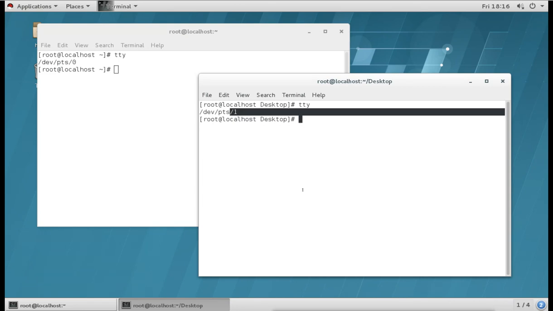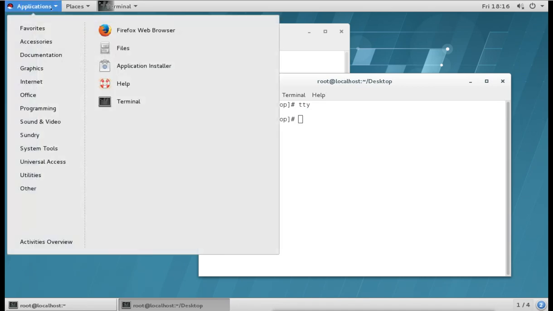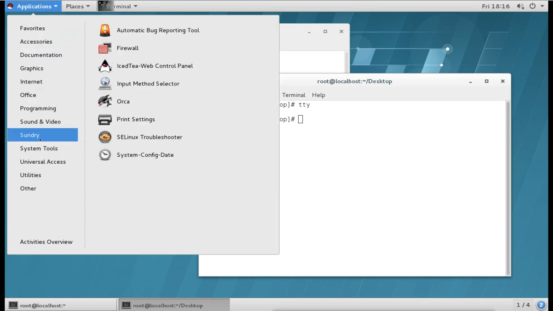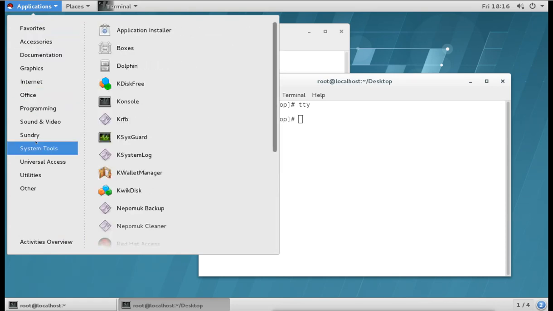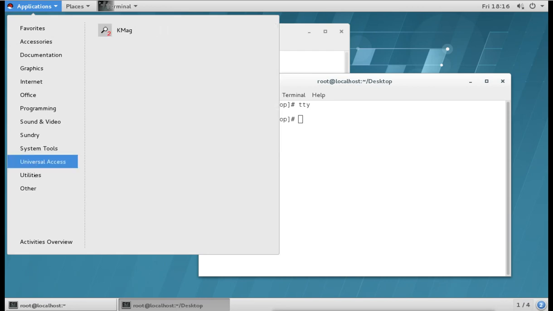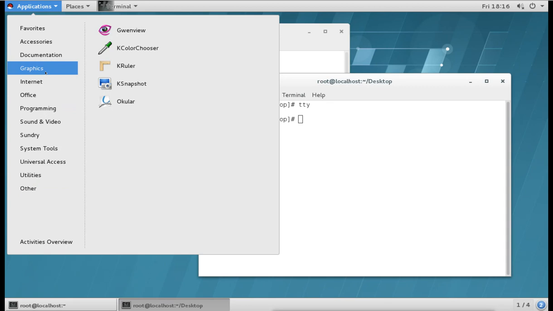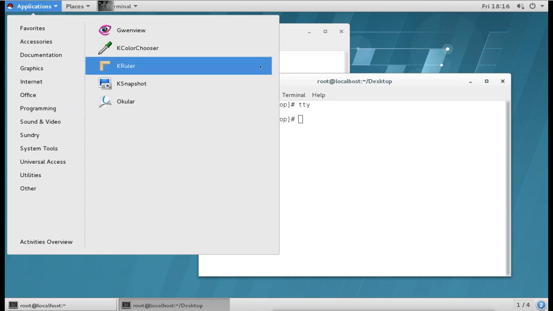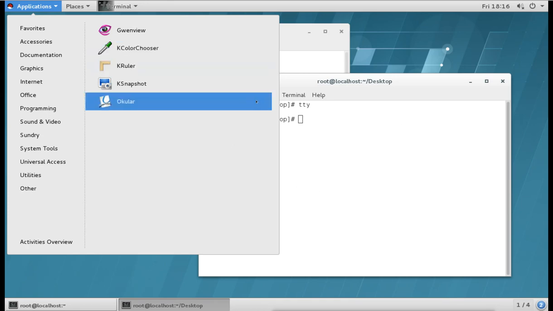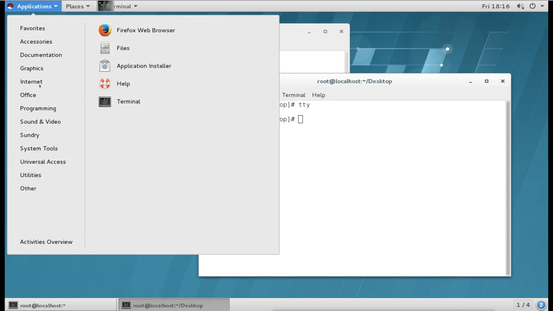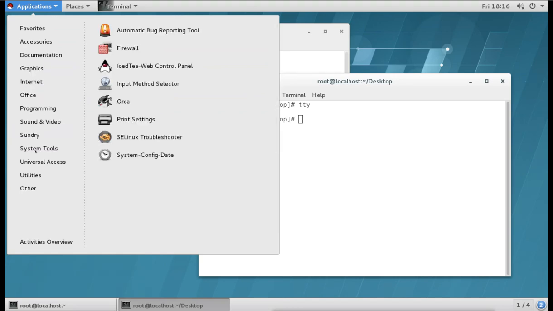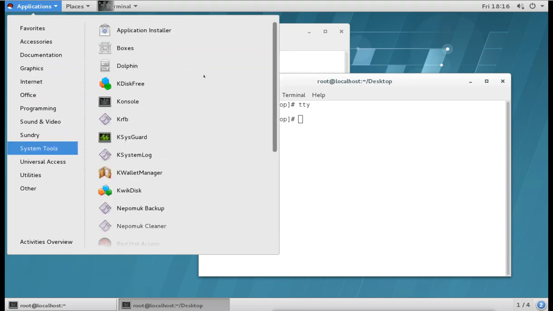Now we can do anything from the graphical. We have lots of graphical tools available to manage the server, to manage this from the desktop, but actually those tools are for managing the desktop machine. That means we can use this RHEL as a desktop client, and we can manage it fully from the graphical things. So these graphical tools are the tools which we can use to manage this desktop version.